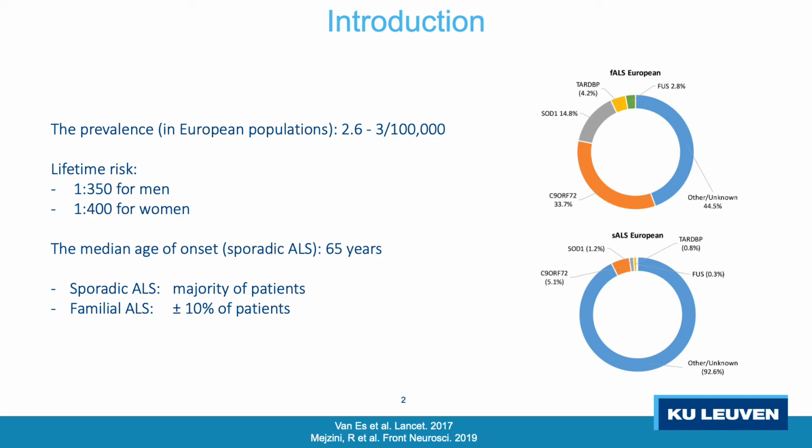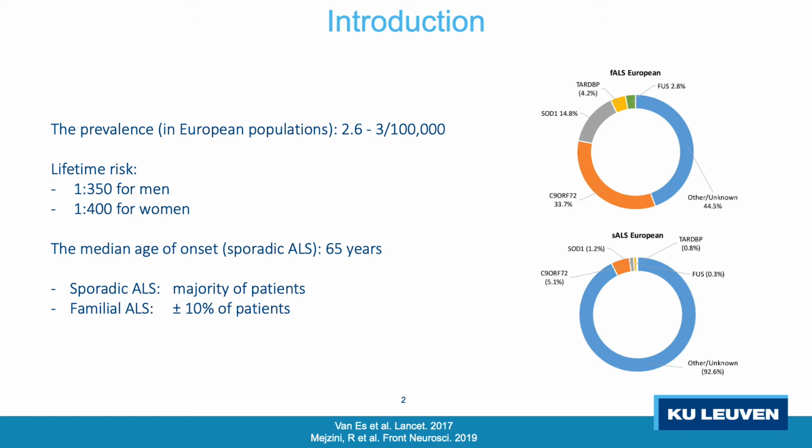The majority of ALS patients have a form of the condition that is described as sporadic ALS, while 10% of patients have a familial form of ALS. In about 60 to 80% of familial ALS and 10% of sporadic ALS, gene mutations of large effect are present. The most commonly identified genetic mutations found in a European and Caucasian population are mutations in the C9orf72 gene and